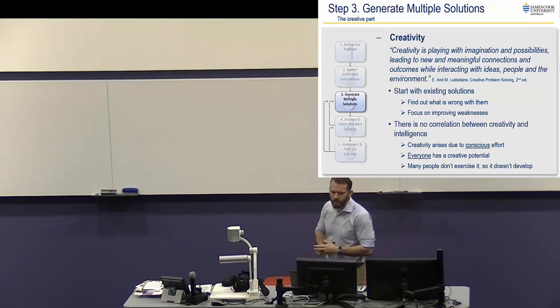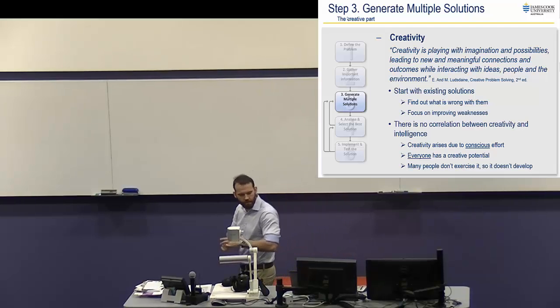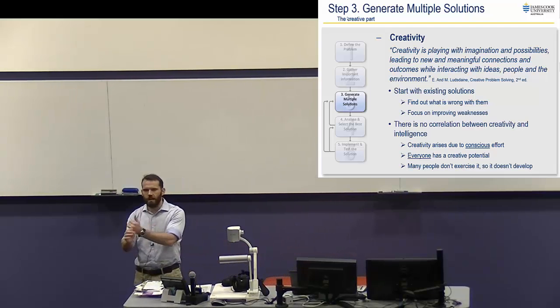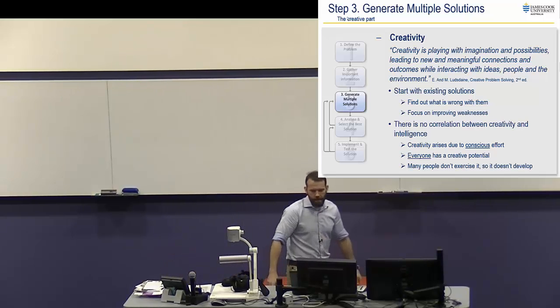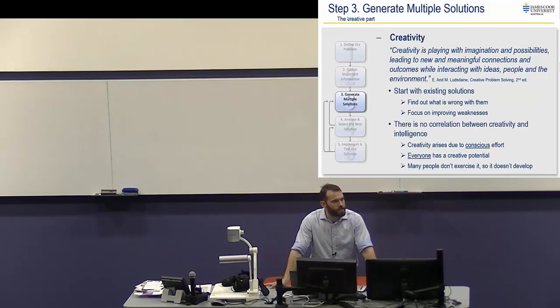So you need to potentially start with an existing solution, like an existing solution that might have something wrong with it, or that doesn't solve the problem, or that other people have tried that you don't like and you think you can do it better. And really focus on improving weaknesses. So that's one area where you can start to be creative, but within a box. And